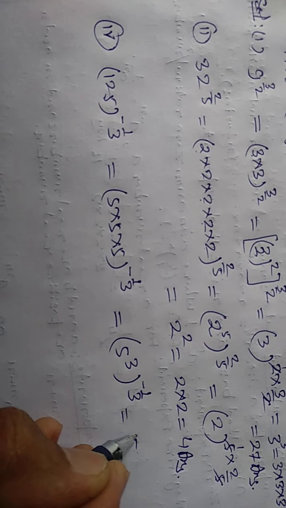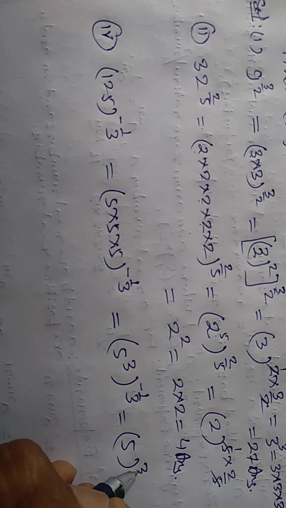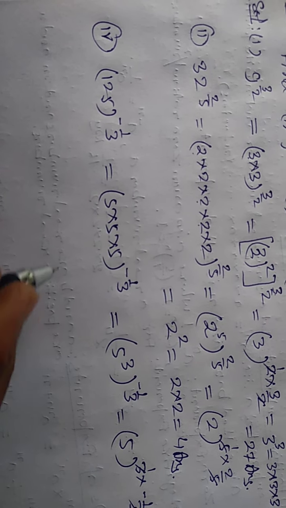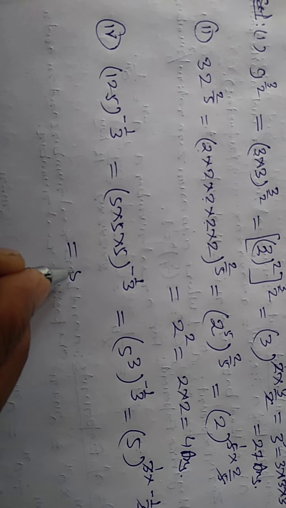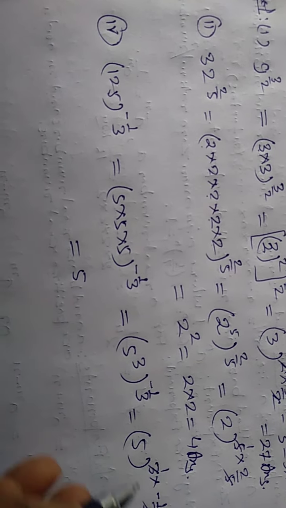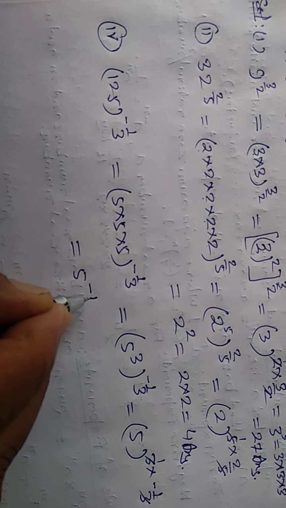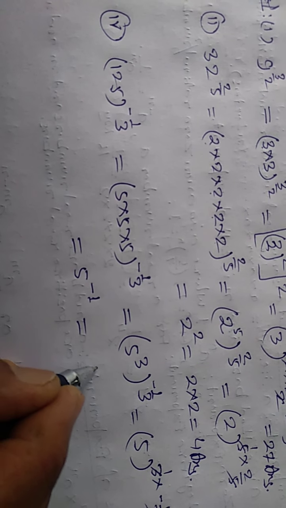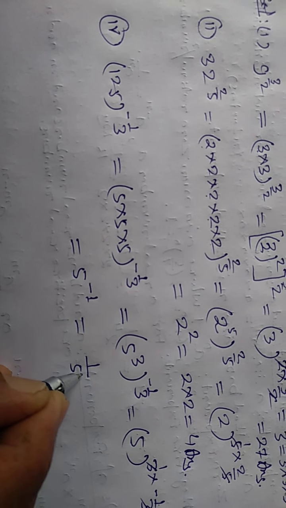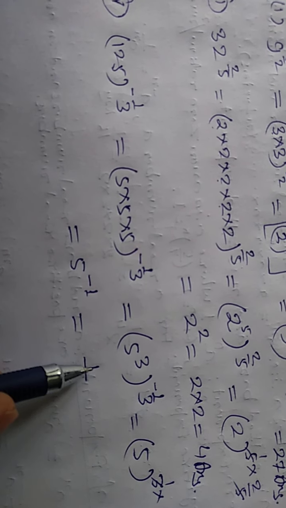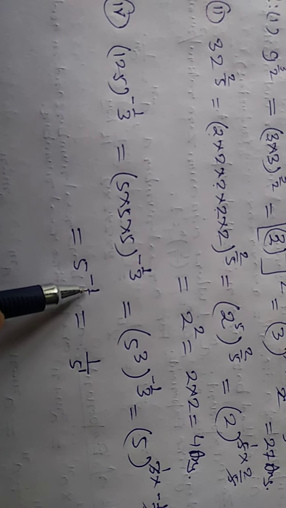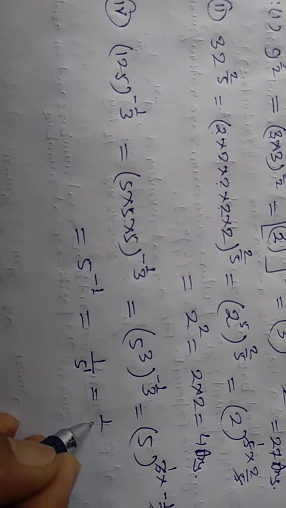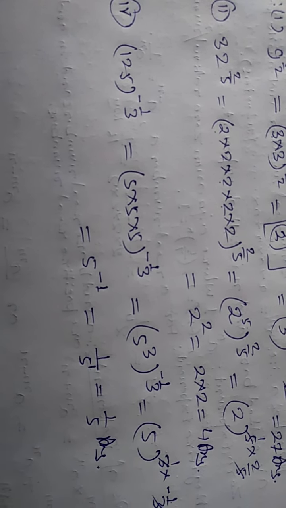It is equal to 5 to the power 3 into minus 1 by 3. This 3 1 is 3. It is 5 to the power 1 into 1, 1, and its sign is negative, minus 1. To make this exponent positive, you will write the reciprocal, that is 1 by 5 to the power 1. When you write 1 in the numerator and this 5 in the denominator, the exponent will be positive 1. And it is 1 by 5 to the power 1, that is 5. It is the answer.